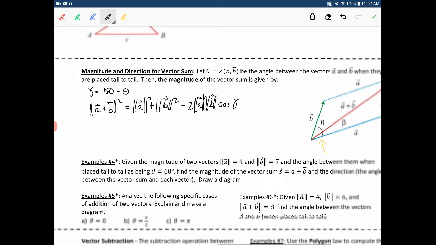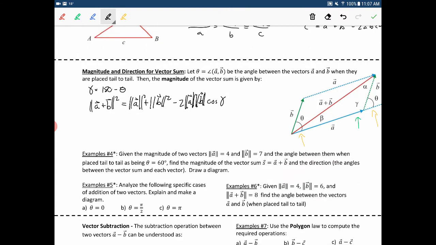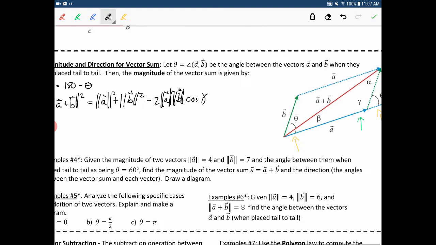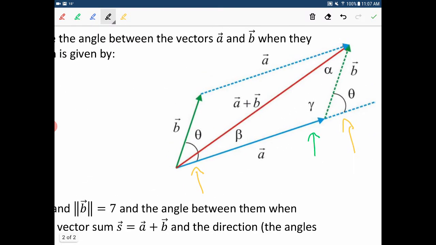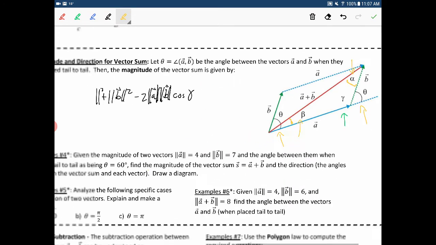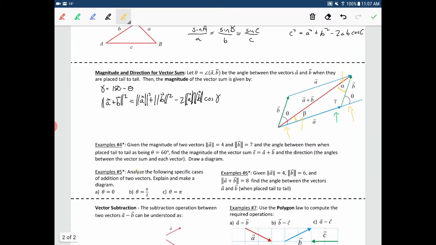The other thing then, if we look at this, I was going to gloss over this, but I shouldn't. You might need to know this. So you'll also notice I've labeled this angle here alpha, this angle here beta. Beta just goes from here to here. Alpha just goes from here to here, and then again we do have the gamma. And the more I think about it, this is definitely a gamma. And so we can actually use